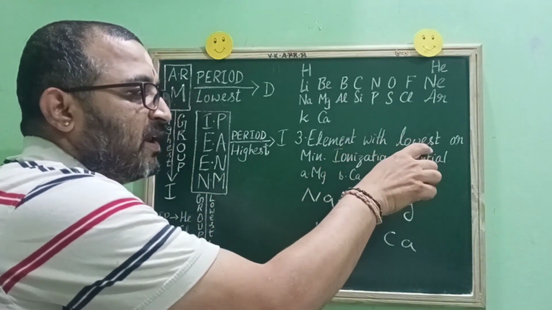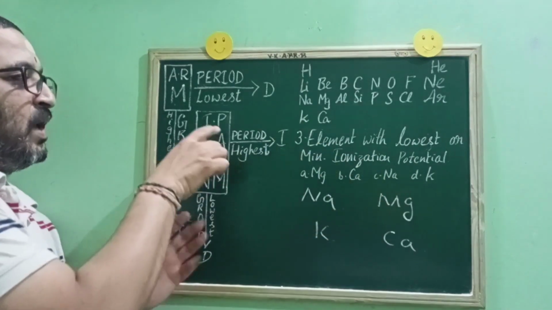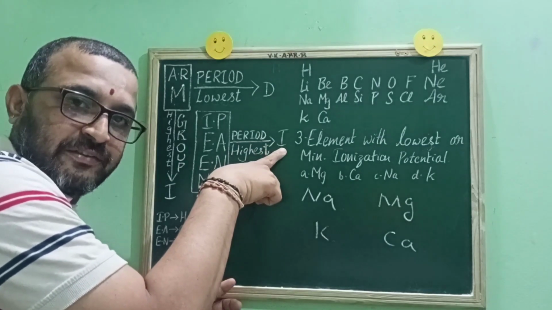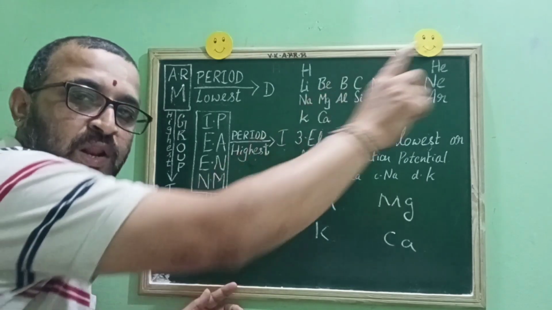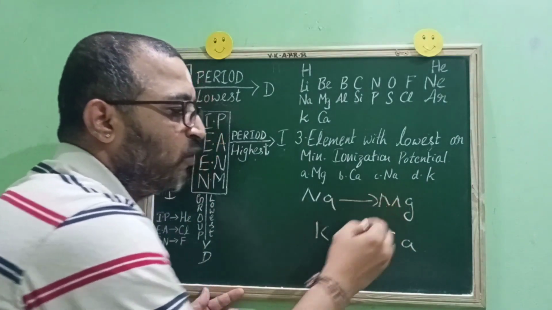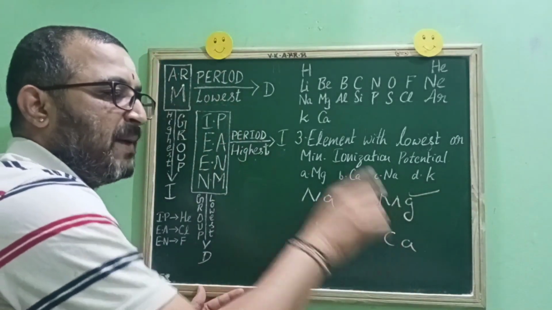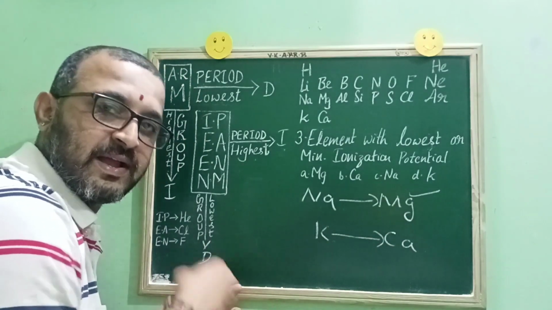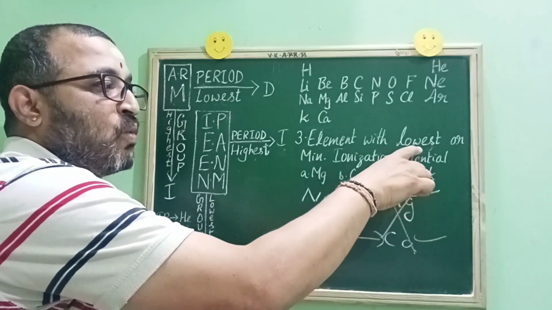Now ionization potential, okay, we have to look for an element with minimum. That is, when you see ionization potential across the period, it is going to what? Increase. That is, the one which is having a highest ionization potential will be found on which hand side? Right hand side. So when you compare sodium and magnesium, who has maximum ionization potential? It is magnesium. Now when it comes to potassium and calcium, who is having a highest ionization potential? It is calcium. But in this question, we should look for what? Lowest.